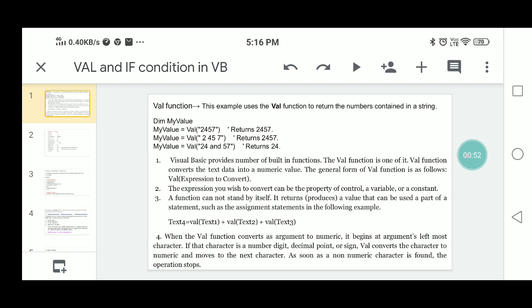Here is Dim myValue, the declaration. myValue equals Val of "2457" in the string quotes. It is a string. Actually 2457, these are string characters. So with the Val function, the result returned is 2457. It is a number. Then next, myValue equals Val of "2457" along with spaces. This is also a string, but it will return